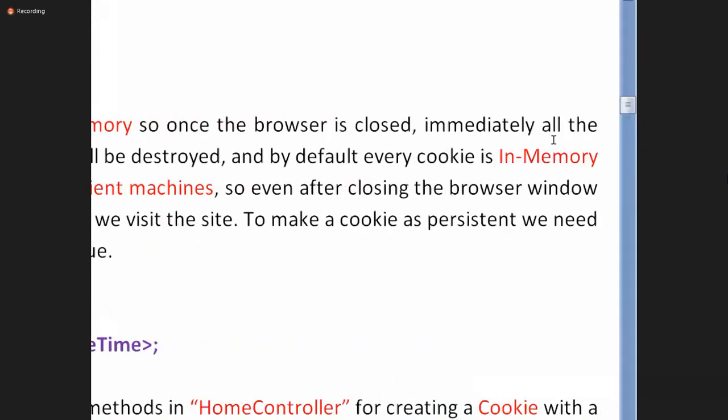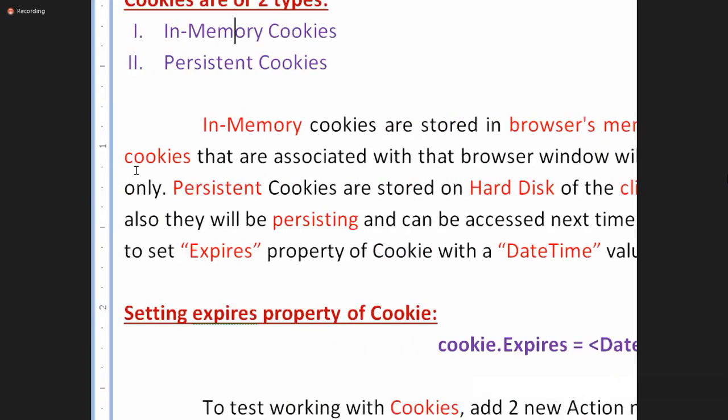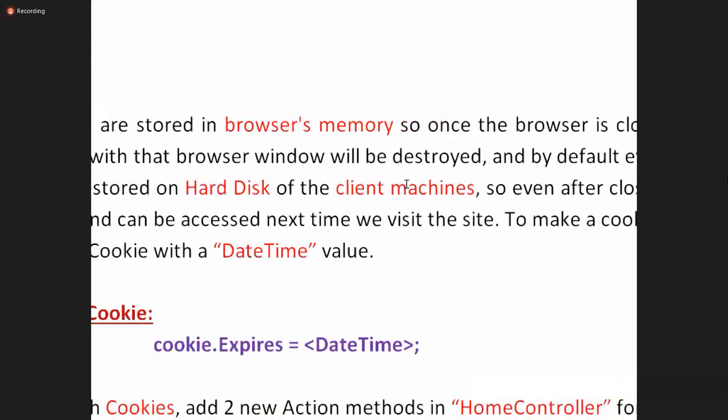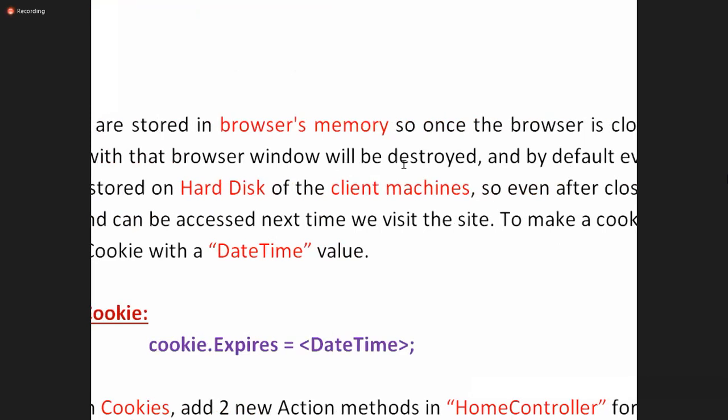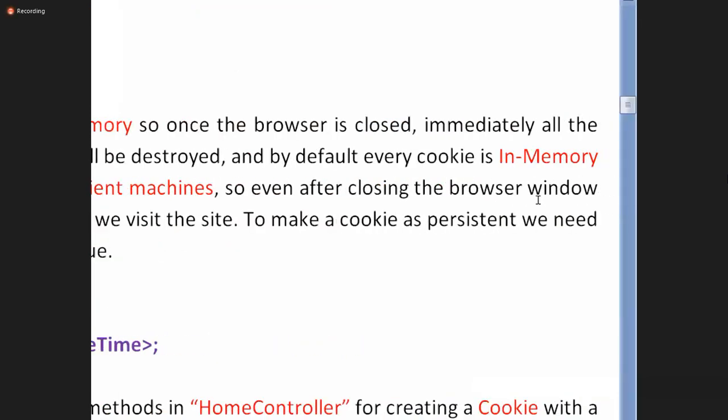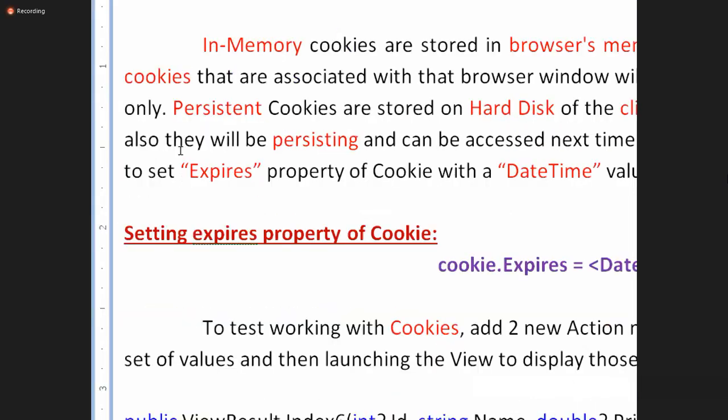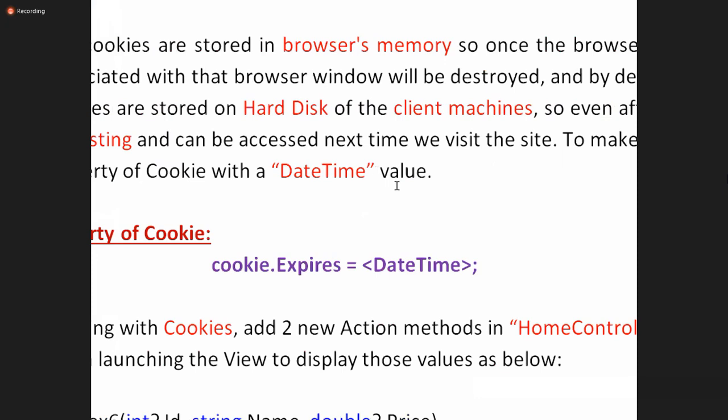So even after closing the browser window, they'll persist and can be accessed next time we visit the site. To make a cookie persistent, we need to set the expires property of the cookie with a date time value: cookies.expires equals date and time.